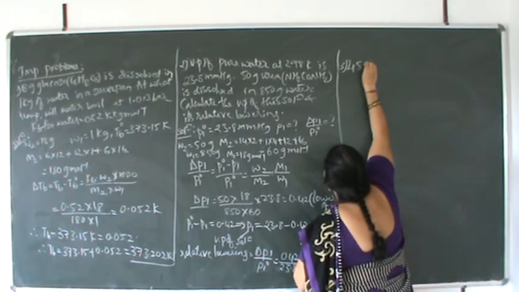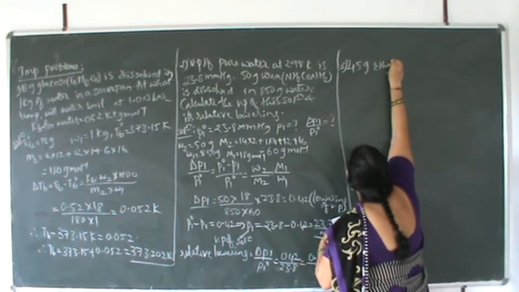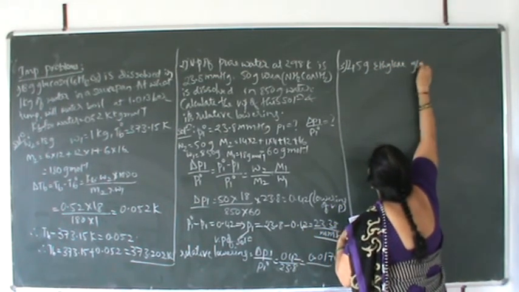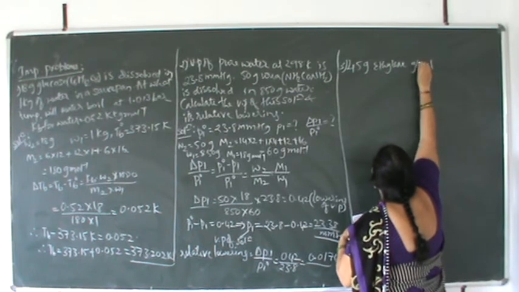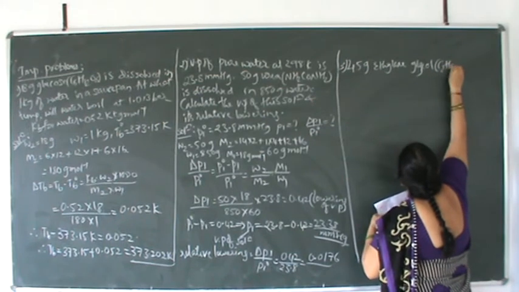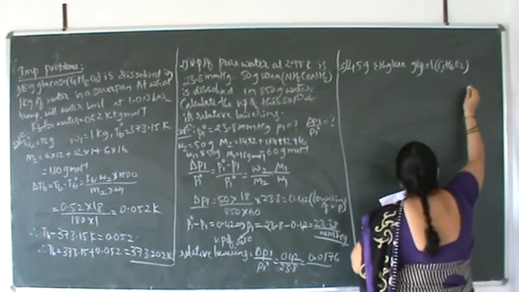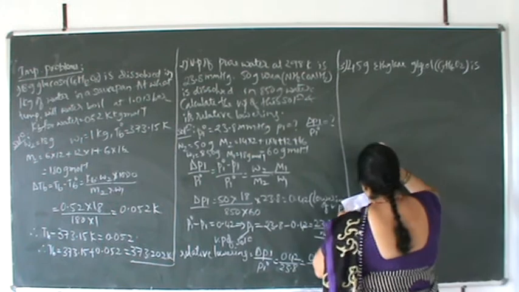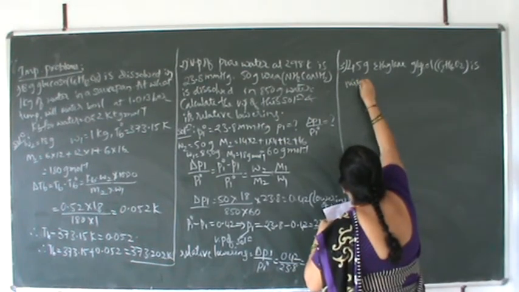45 grams of ethylene glycol, C2H6O2, is mixed with